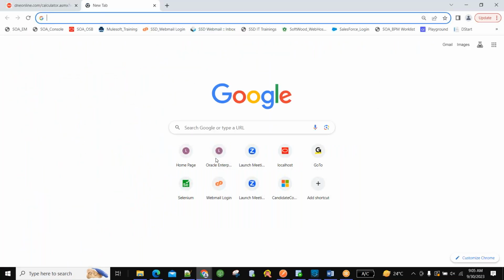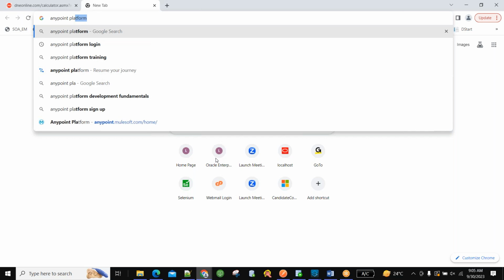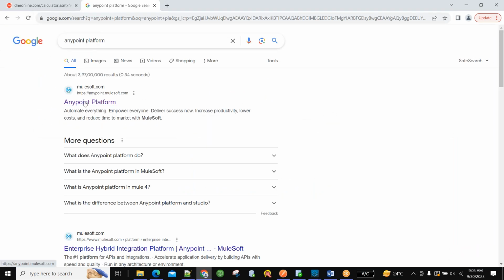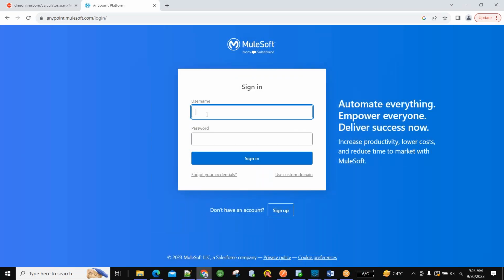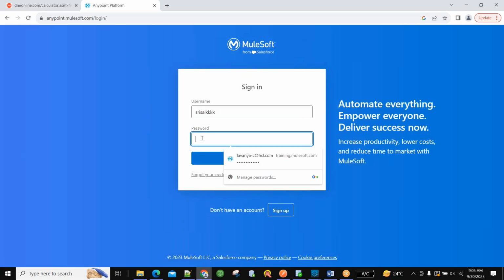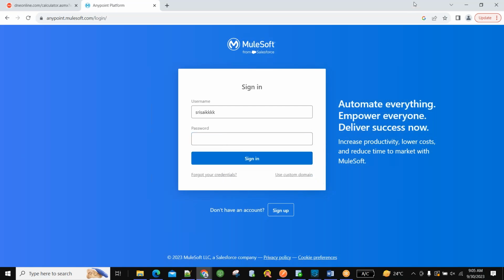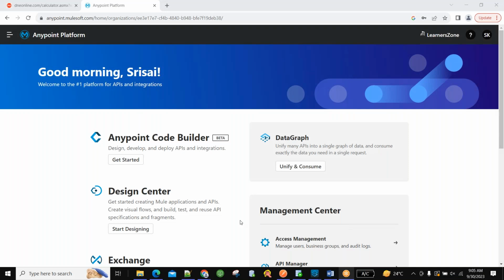Now, Anypoint platform. If I click, say, this is Anypoint platform. Go to Anypoint platform. See, this is a username. I already have an account. If I give credentials while sharing, it will take a lot of time to log in. Only username and password I am giving. So let me give. As soon as I have given the credentials, if you observe,